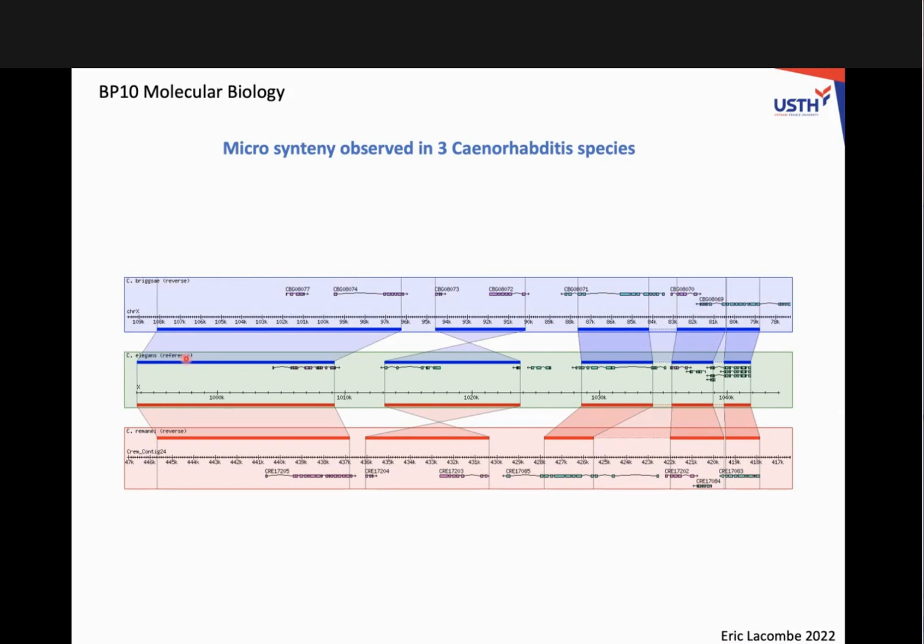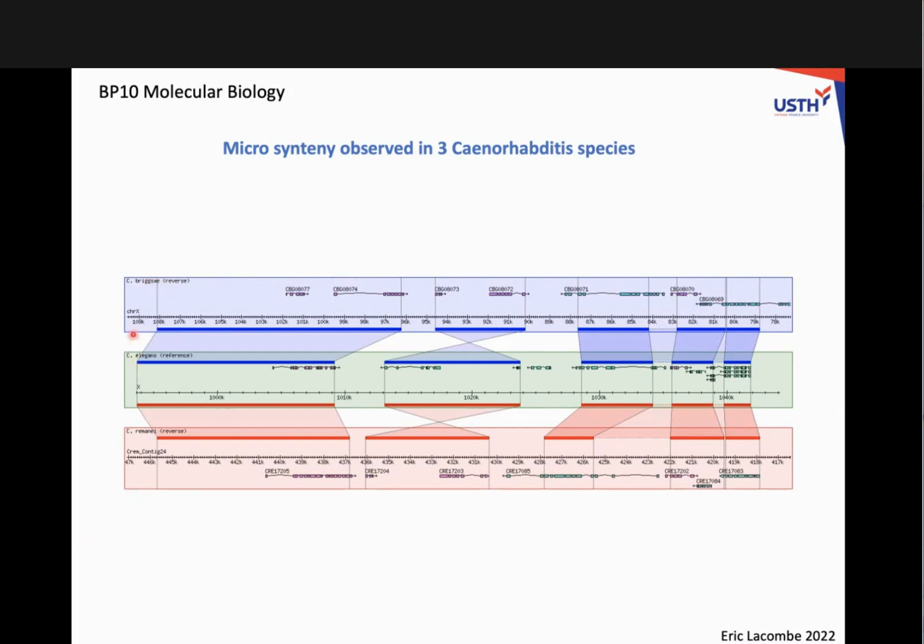We know almost everything about this little worm. And there are the genomic sequences of a very close relative, C. briggsae, and another one called C. remanei. So here we are dealing with 3 different species of the same genus,